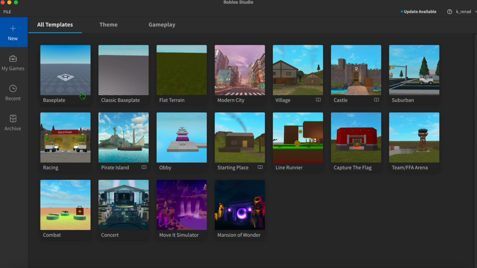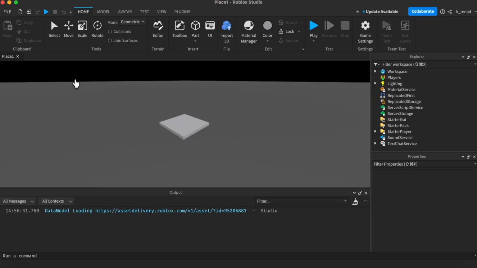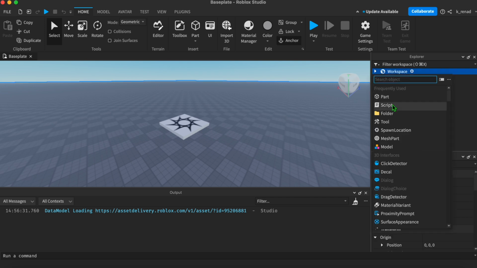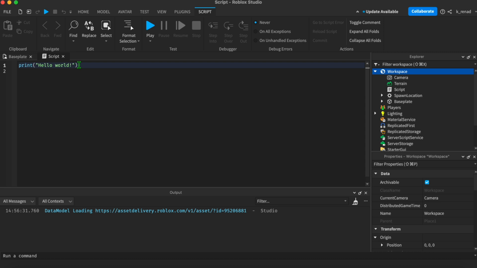So first let's open baseplate. And first we need to create a script. In the script you will write print some variable which we don't have, and it should print us nil. So first we're going to workspace, script, writing here print